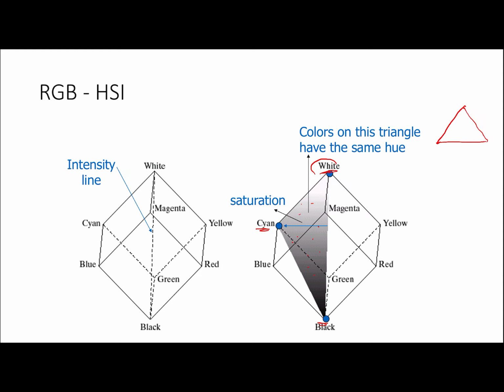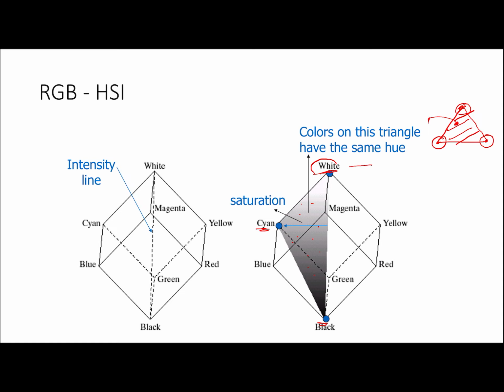If you remember, we have joined the line and all those points have the same color. So these were the 3 color points, and the RGB value of any point is the combination of these 3 colors. So similarly here also, the color components can be specified by linear combination of these 3 points, cyan, white and black.